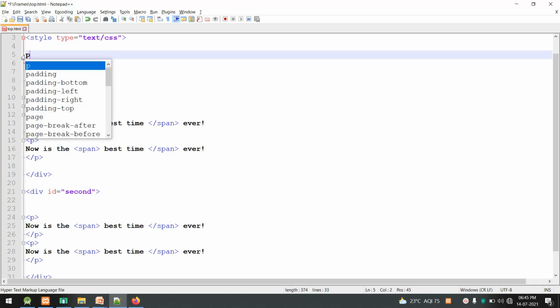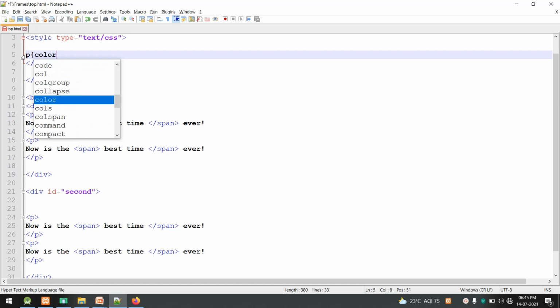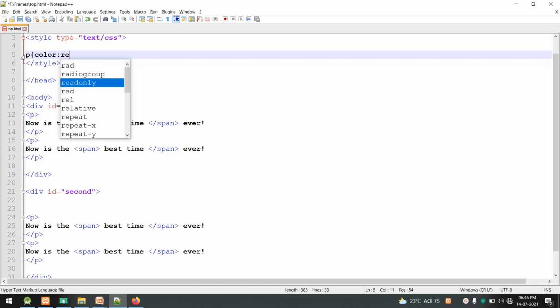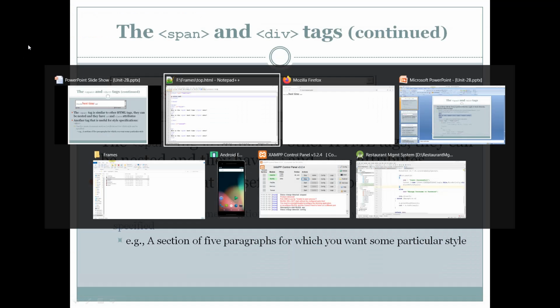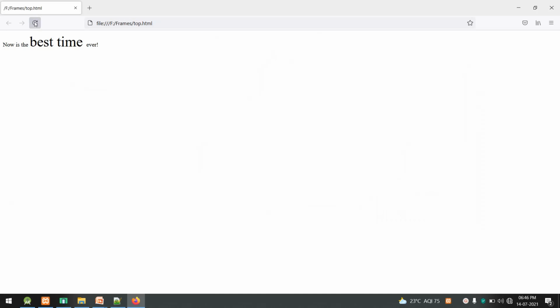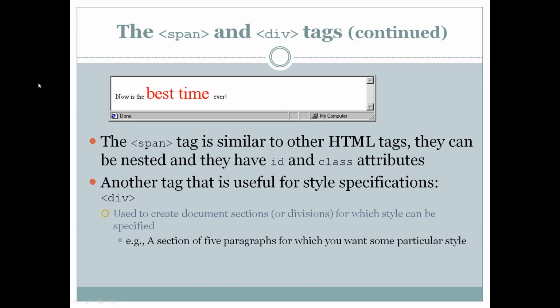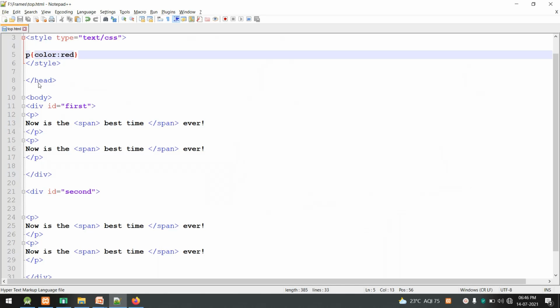If I apply the color to a paragraph, red, in this case the color is applied to all the 4 paragraph tags. But as I've said, I want the color red for the first 2 and blue for the second 2. Then what can be done?